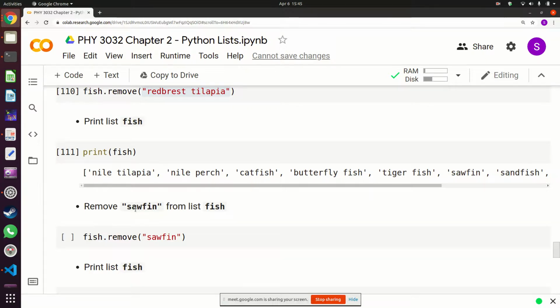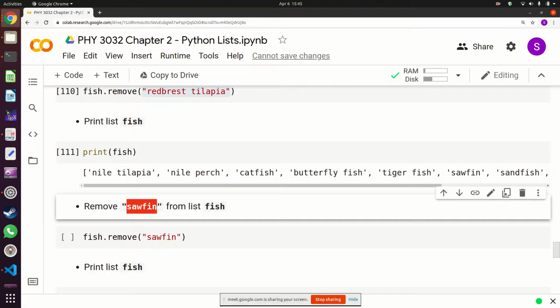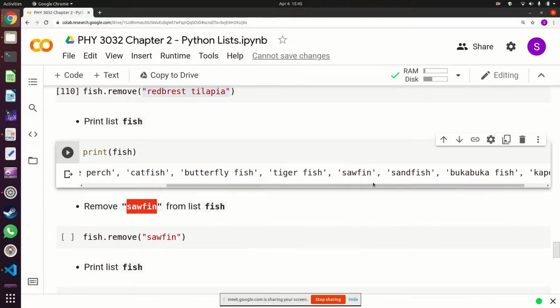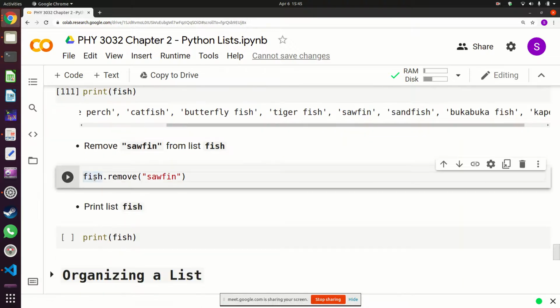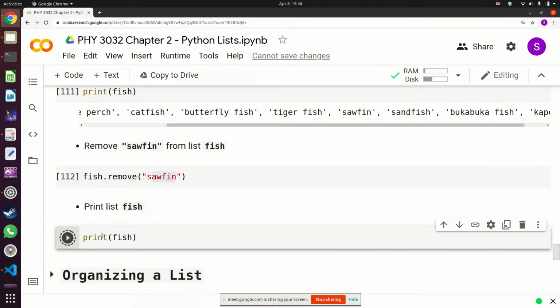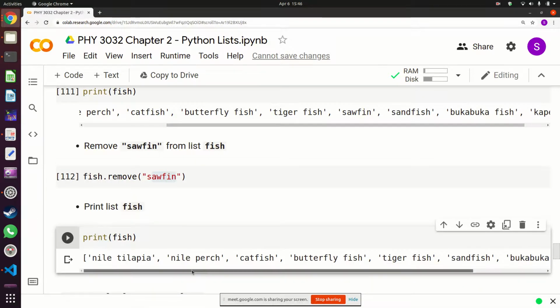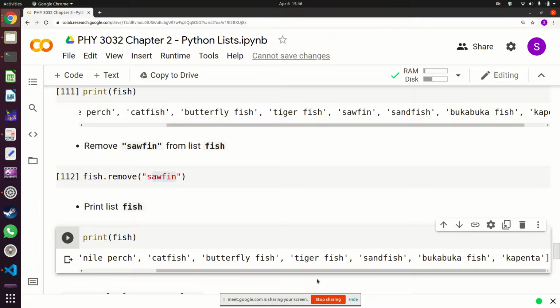Then if you want to remove this sawfish, which is here, you say the name of the list, which is fish, you put a dot, then remove, then the value you want to remove, sawfish. You run that, very quiet again. It doesn't show you what it has removed. It just hopes that you have done the right thing. You wanted to remove the right thing. And if you check here,